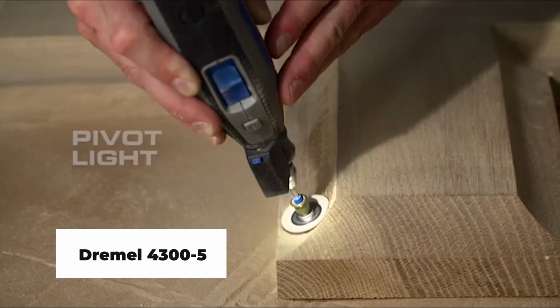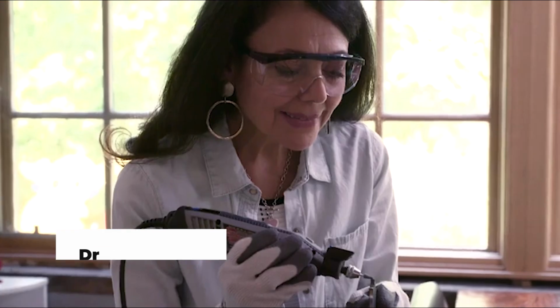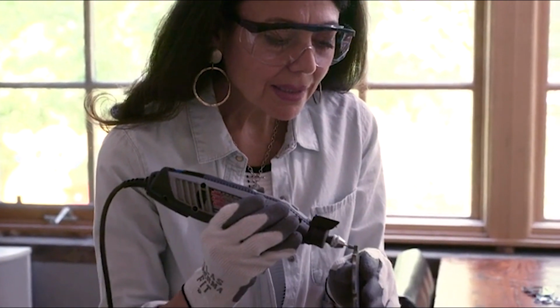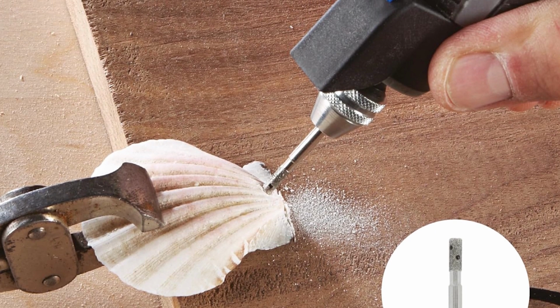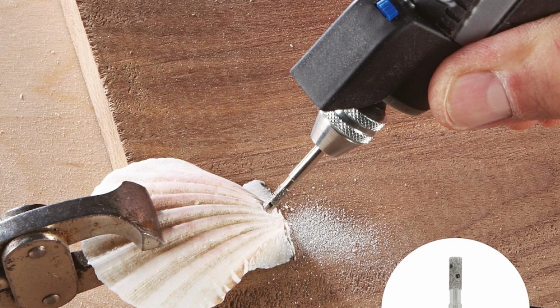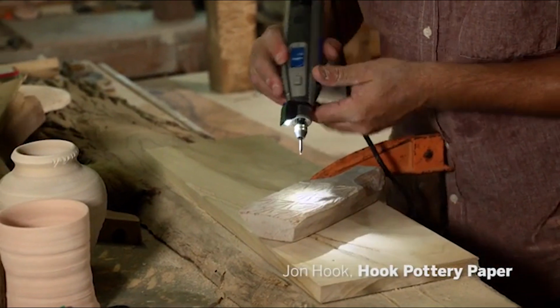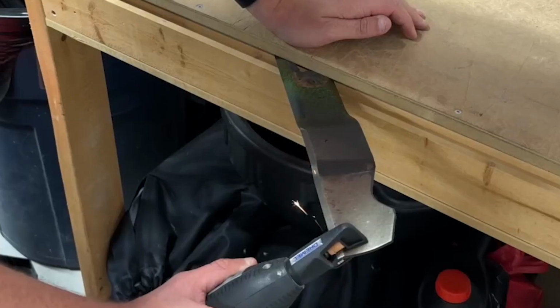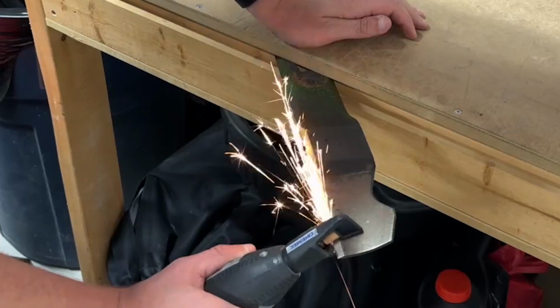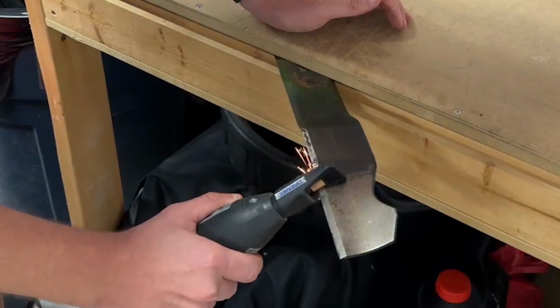Let's get started. The Dremel 4300 is the most powerful rotary tool Dremel offers, and it delivers. It's corded, running on 120-volt power, so you never have to worry about battery life. With a universal 3-jaw chuck, it accepts all Dremel accessory shank sizes, making it one of the most versatile tools in its class. The variable speed motor provides smooth, precise control, and the pivoting LED light ensures visibility in tight